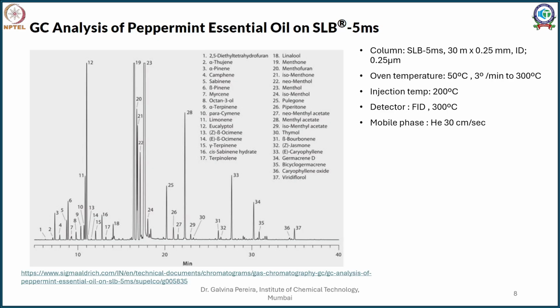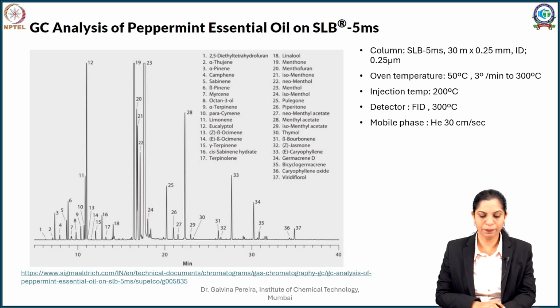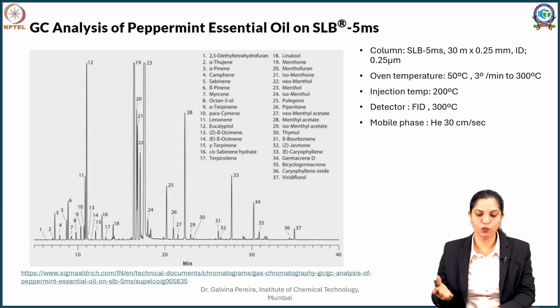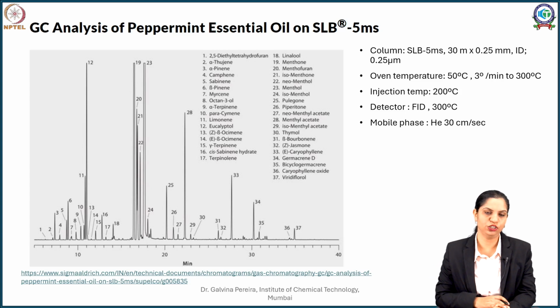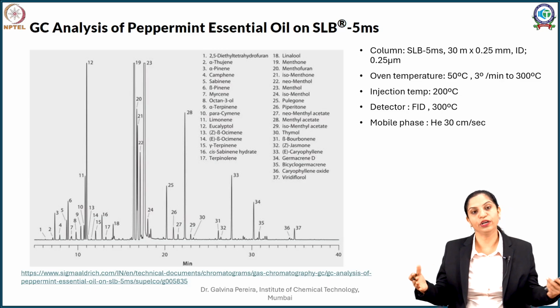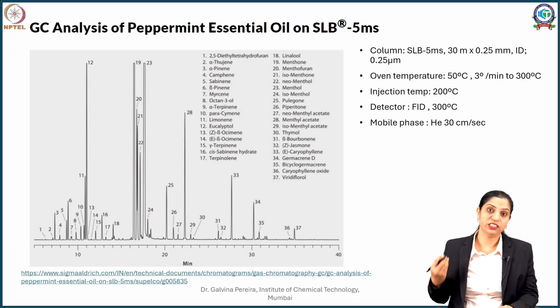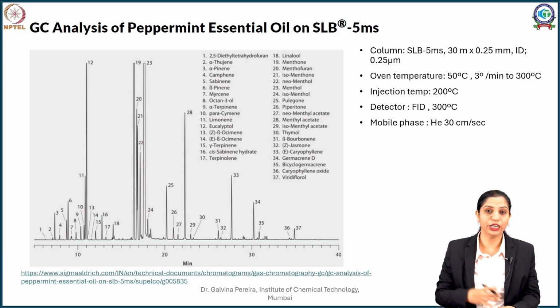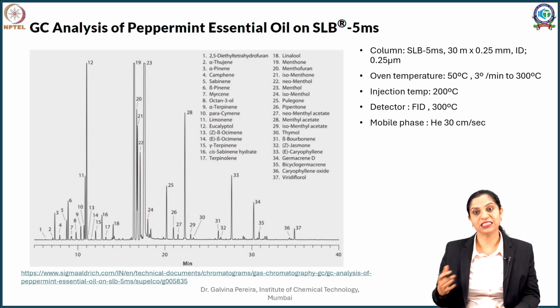So of our importance, let us see a few examples here. This is an example of analysis of a volatile oil, especially peppermint essential oil, pudine ka tel. When you are analyzing peppermint essential oil, we want to separate out the different compounds in it. An essential oil is not just 1-2 compounds, it might contain somewhere between 20 to even 100 compounds, and in some cases they are blended.